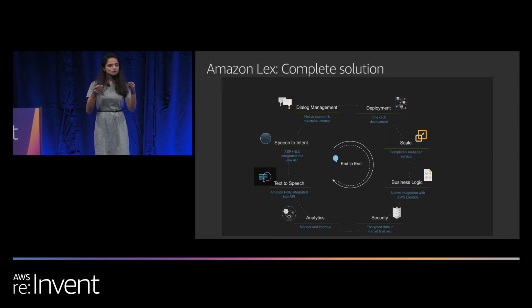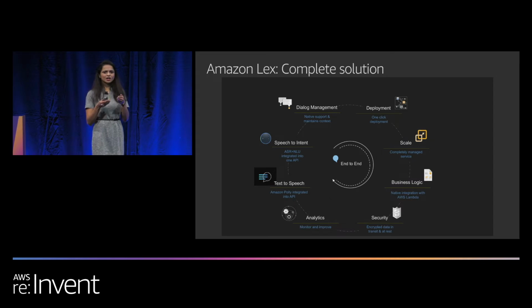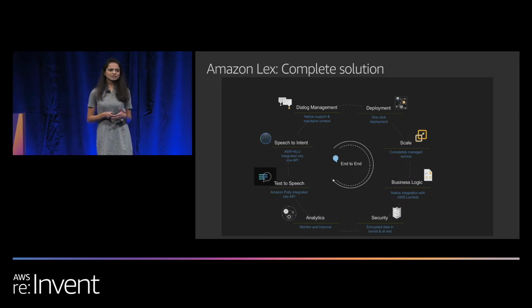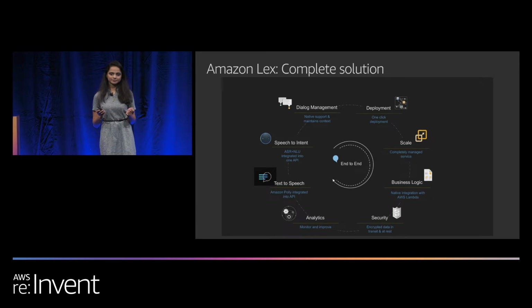So then you can focus on what you need to build, what your customers are looking for. And also, you can check if your customers are using the bot for what it is not intended to do. For example, one of our customers shared this story. They built a business productivity bot, an employee center bot where you would reset passwords and all those things. When they released it to their employees, they started using it, and they checked their analytics report. One of the most missed utterances was, "Tell me a joke." That bot was not supposed to do "tell me a joke," but still people kept asking the bot.